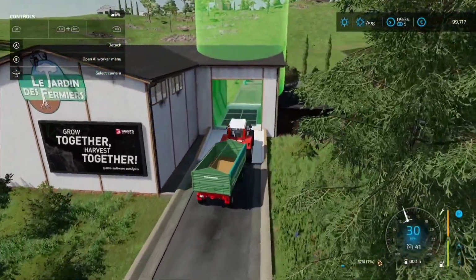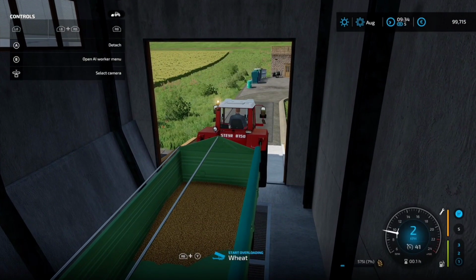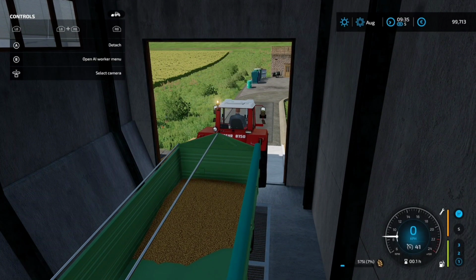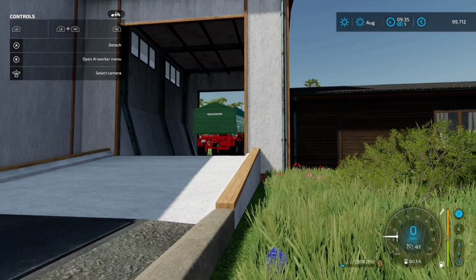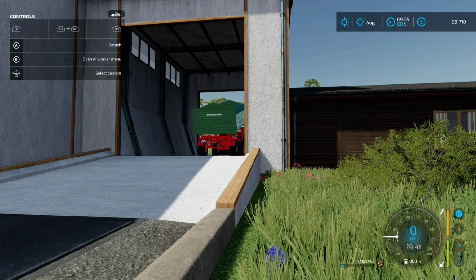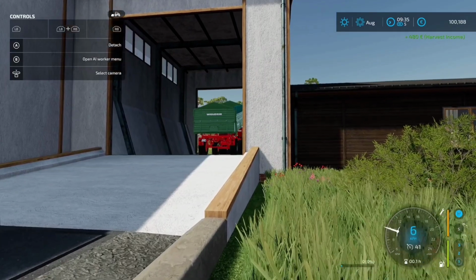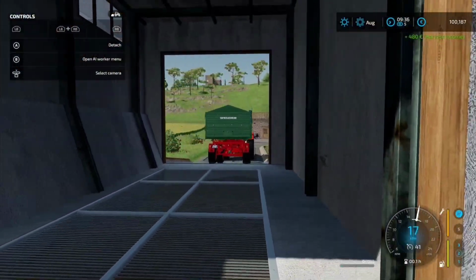Jump up here, and as you can see it says RB and Y to start overloading. Overload it and it will sell your produce and we'll get the money from that. And there we go, the money has gone up. So that's selling your produce done. I'll jump out of there